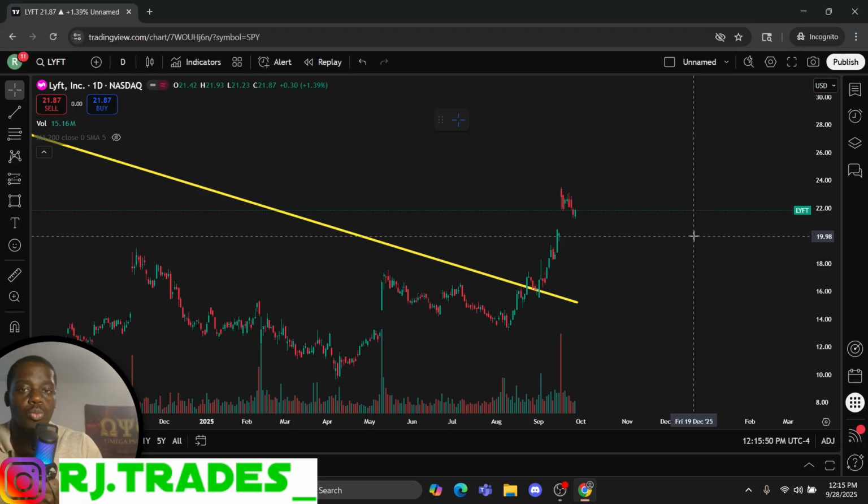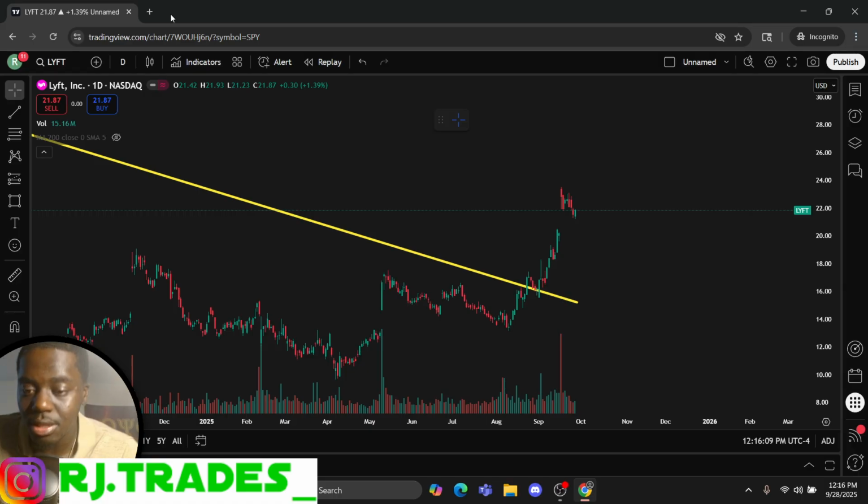All right. So what does it look like? Pretty much all of the patterns that I'm going to show you are going to look similar. All right. What you want to look for when you want to play momentum, because this is what these are. These are momentum type trades. Whether you play this on the daily chart, it can be found on a 5 minute. You can find it on a 1 minute. I have tons of examples of it on every time frame, literally. All right. No matter where you want to play it, this is the setup that you want to see.